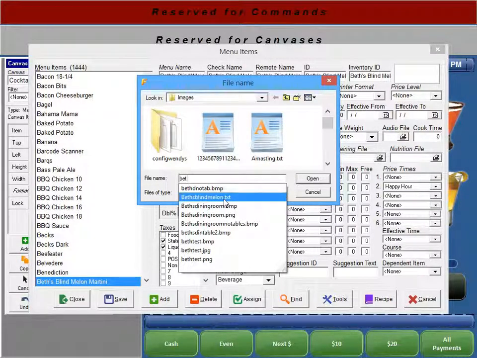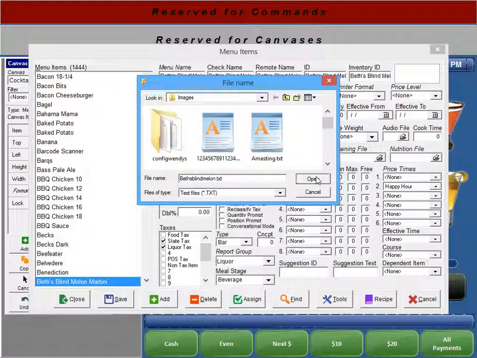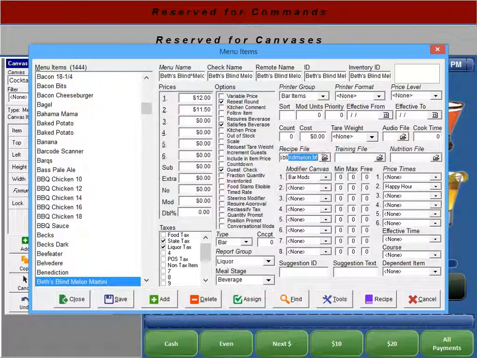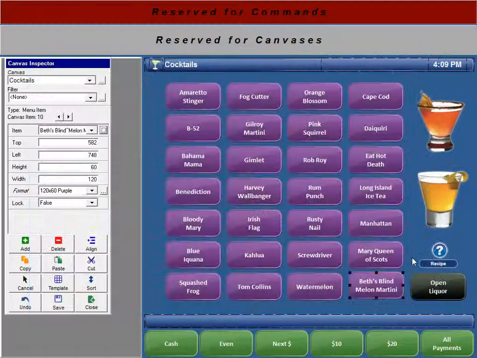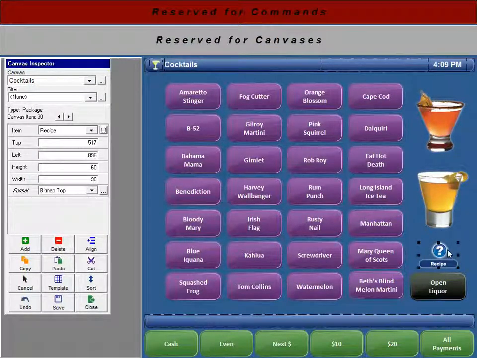So there's bestblindmelon.txt. It is a text file. Go ahead and open that. And we're going to hit save. And then the final thing you need to do in order for this to work, you need to make sure you have a recipe button. Now we already have a recipe button here, but if you don't have one,